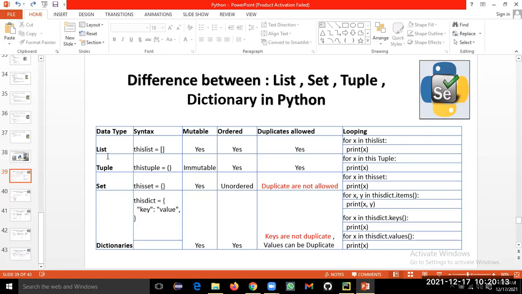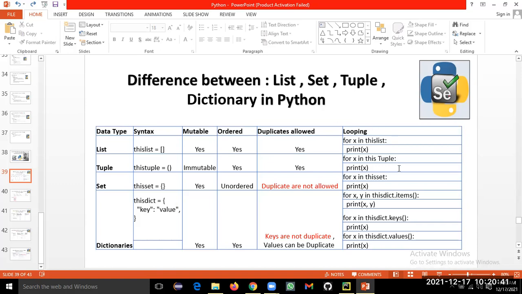So this is the high-level difference between list, tuple, set, and dictionary. The important thing is that set is unordered, while list, tuple, and dictionaries are ordered. Set doesn't allow duplicates. List and tuple allow duplicate items, but set does not, and dictionaries do not allow duplicate keys, because the keys in a dictionary behave like a set.